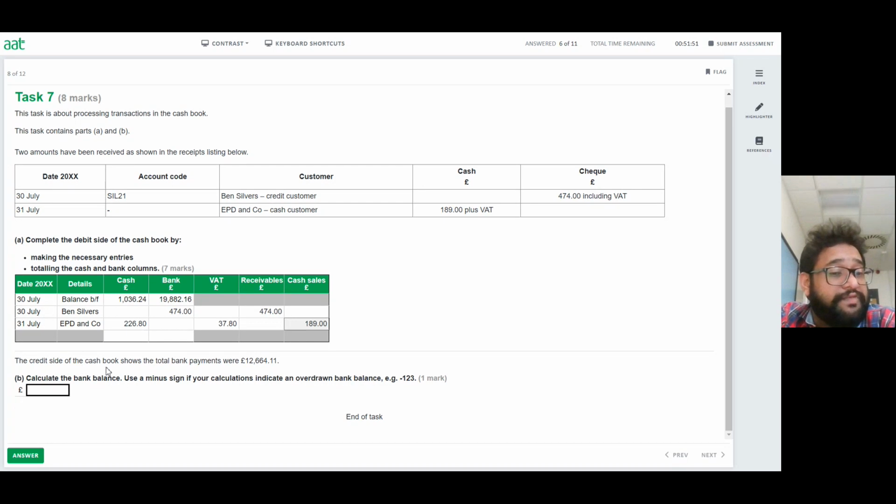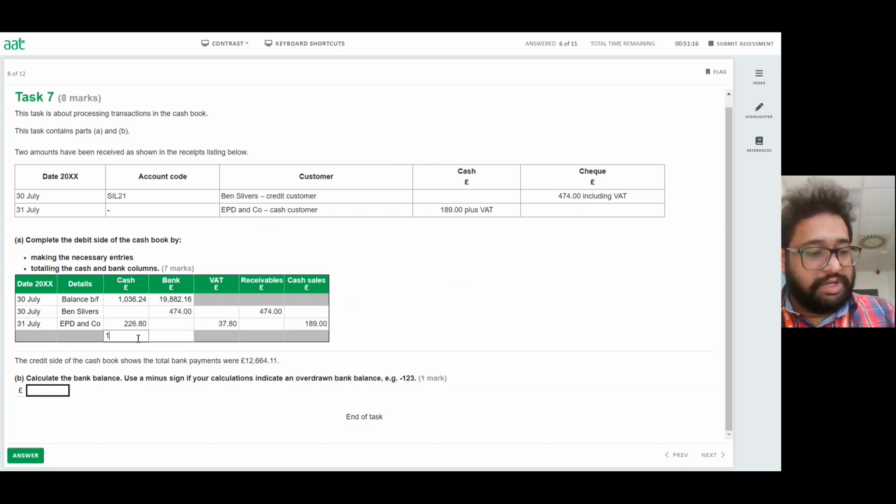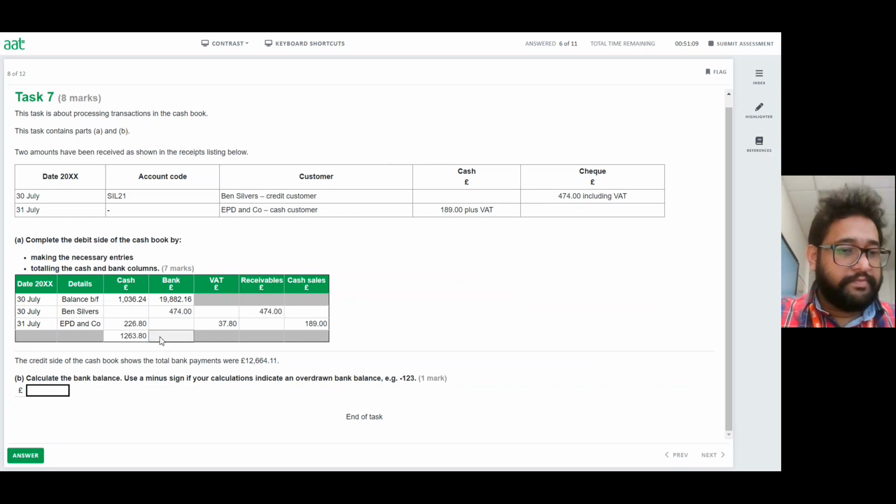Okay. And then the credit of the cash sales shows the total bank payment of £12,664.11. To calculate the bank balance, use the minus signs if your calculations are for an overdrawn bank statement. But before that, we need to find how much we have on each one of them. So here, 10,000 plus £36.24 plus £226.80. It gave me a value of £1,263.80. And the opposite side is going to be 19,882.16 plus 474, and it gave me a value of